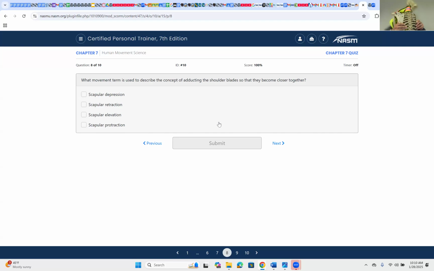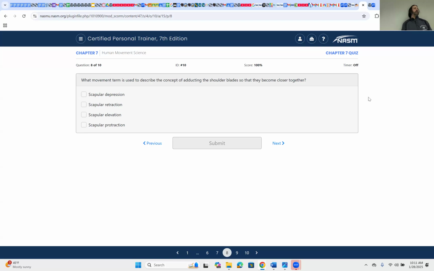Just draw two scapula like you're looking at them from the back. And then when you get that done,